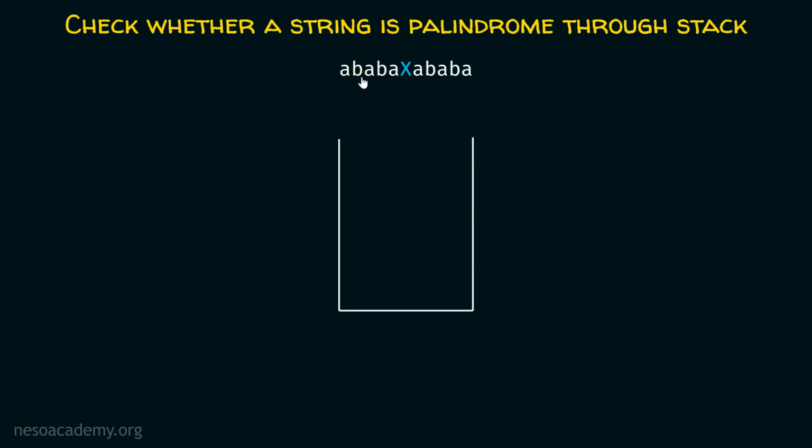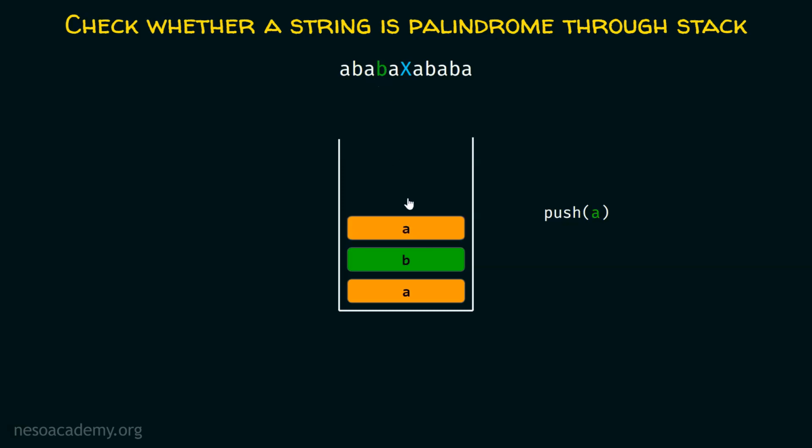Read the characters from left to right, okay? And as you encounter a character, just push that character onto the stack. So here we have encountered this character, and now we will simply push this character onto the stack. Now let's continue, and now we can see that we have reached this character. We'll simply push this character onto the stack. Then we will push this character onto the stack, then this character, then this character, right?